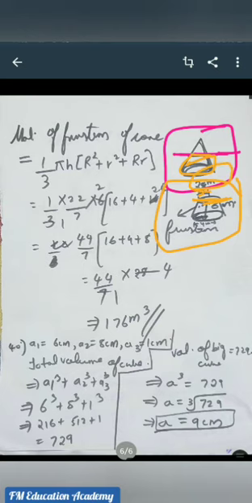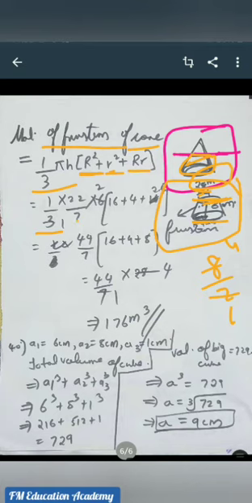And here it is telling that the total diameter of the lower base is 8. So what is the radius of the lower base? It is 4, because 8 by 2 is 4, since r is equal to d by 2. So remember the formula to find the volume of a frustum of a cone: 1 by 3 pi h into (R square, that is the radius of the upper end, plus the square of the radius of the lower end, plus capital R into small r). So that is equal to 1 by 3 into, substituting the value of pi, 22 by